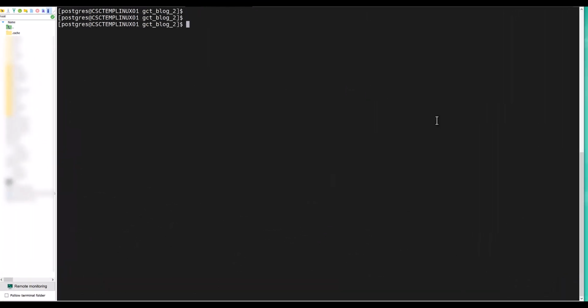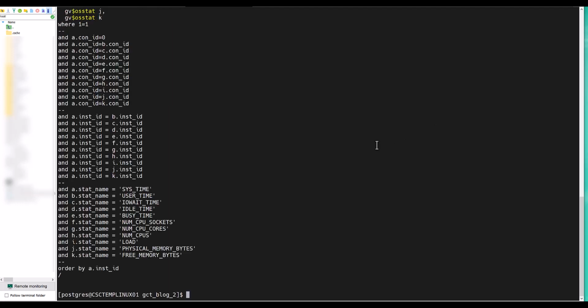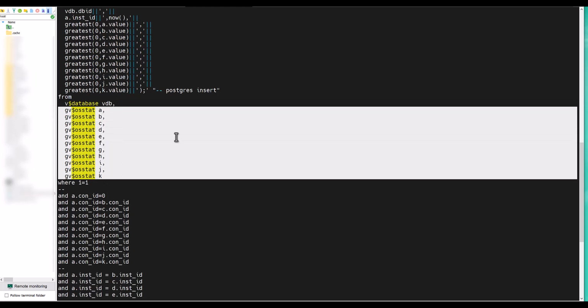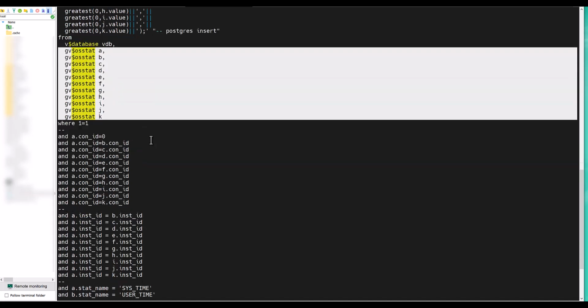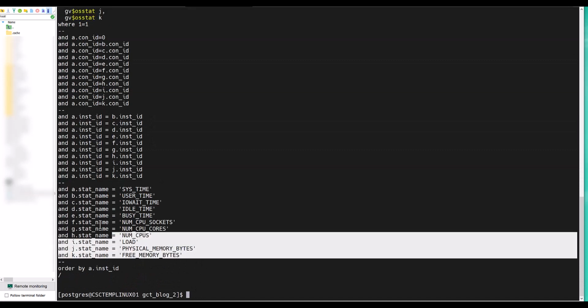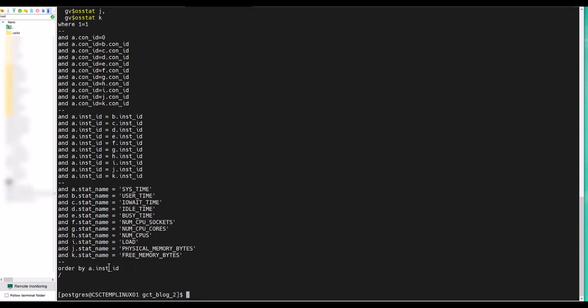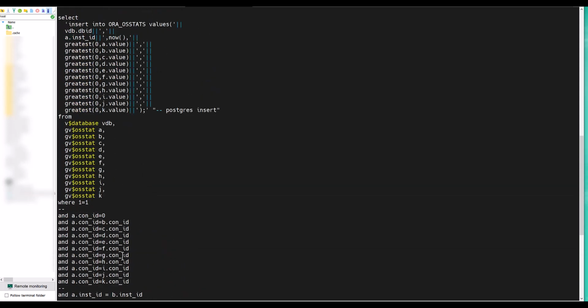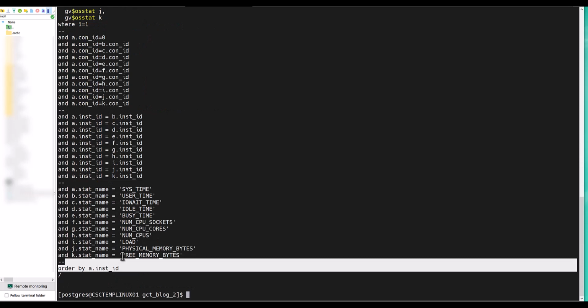First, I need to connect to my Oracle database and read those key OS metrics from inside the database. To do that, I'm going to need to look at the V$OSSTAT view inside of the database. This is the one that contains all of the key operating system metrics that I want to query. Now, I'm going to connect to this view a total of 10 times because I'm reading 10 different metrics off of that view. And I'm ordering by the instance ID because the view will have one entry for each active node of my database. So if I connect to my 2-node Oracle RAC cluster